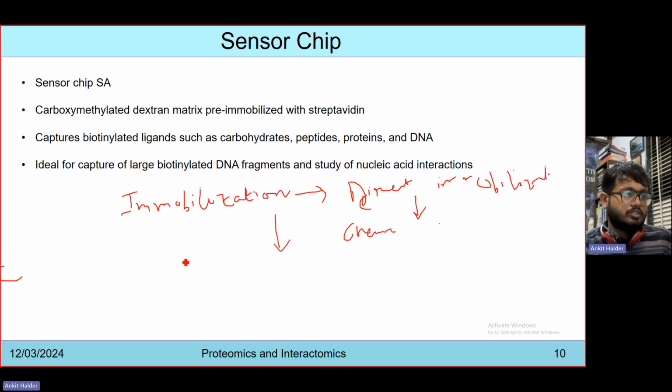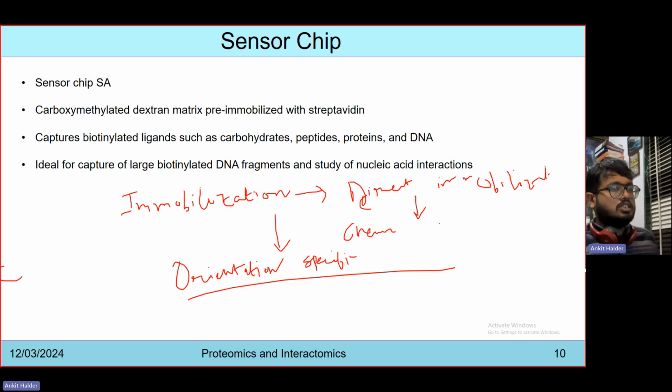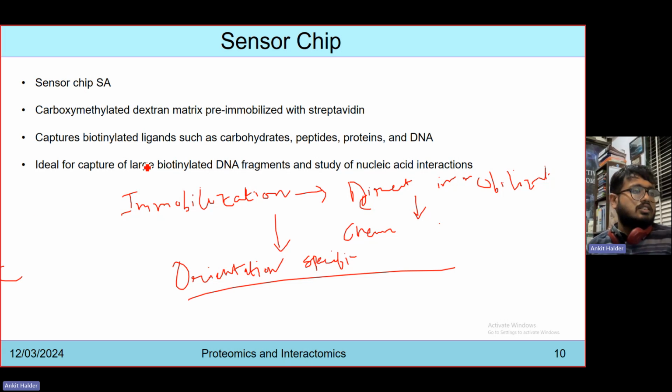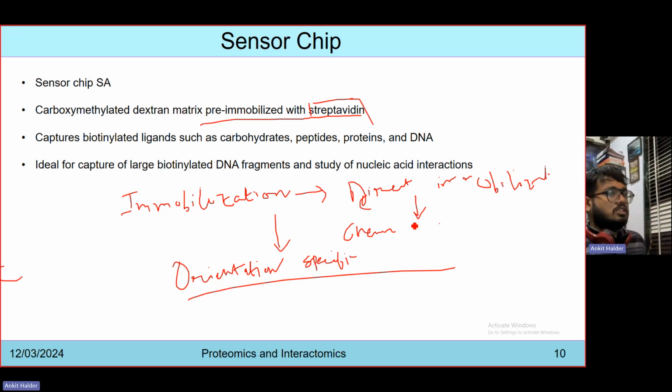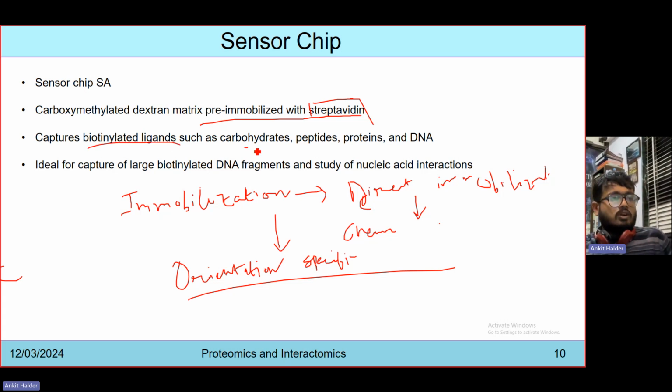Another was the orientation specific. So the carboxymethylated dextran matrix that is pre-immobilized with streptavidin, and it captures the biotin ligands, with carbohydrates, peptides, proteins,